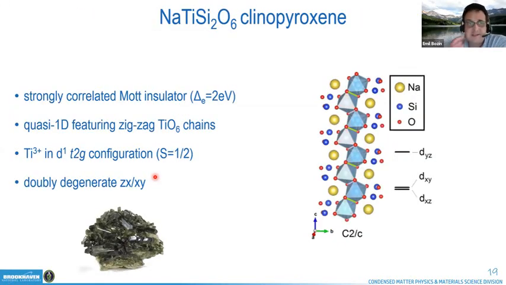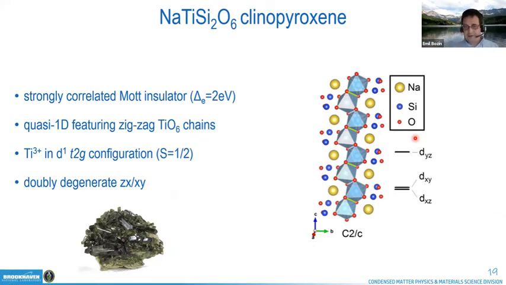Okay, so what is this system? Well, it's a strongly correlated Mott insulator that has about a 2 electron volt energy gap. And it's crystallizing in this monoclinic structure, which features quasi-one-dimensional zigzag chains of skew edge-shared titanium oxygen 6 octahedra. Titanium is in this system 3+, which means that it's in a d1 t2g configuration with spin one half. And then it has a doubly degenerate ZX, XY manifold, and YZ is considered inert because it is separated by